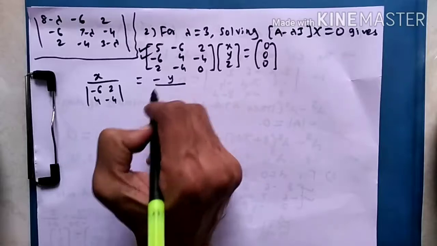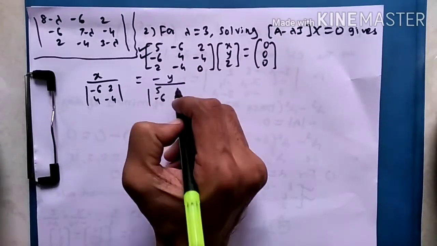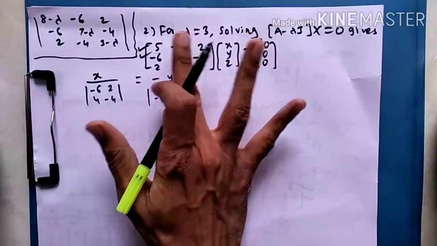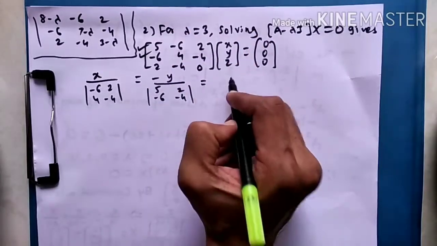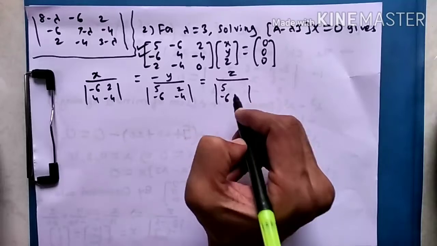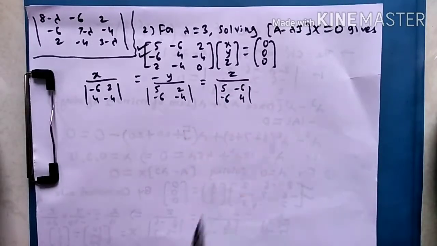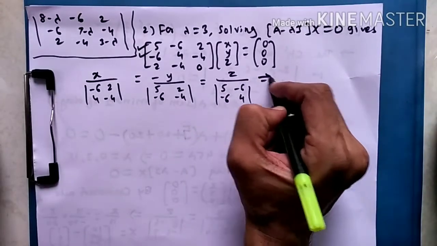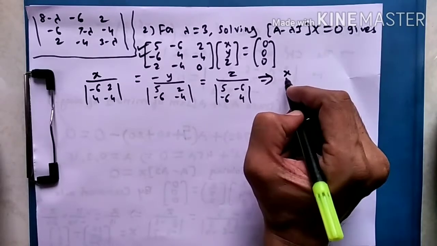Then negative y. So it is 5 minus 6, 2 minus 4. Now hiding the second column. And similarly for z, hiding the third column will give you 5 minus 6 and 4. Now just finding the determinant of this 2 by 2 matrix, what we will get here in the denominator of x,